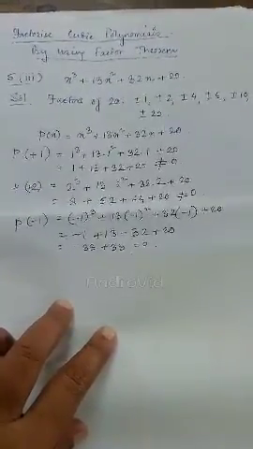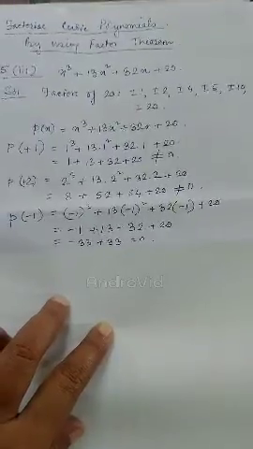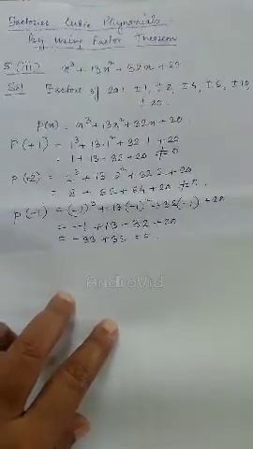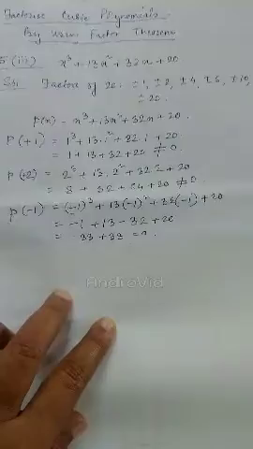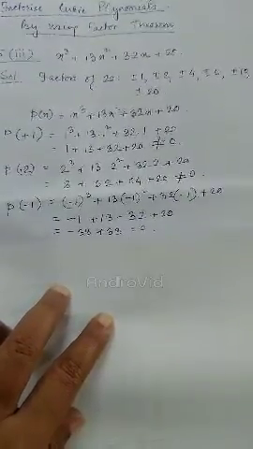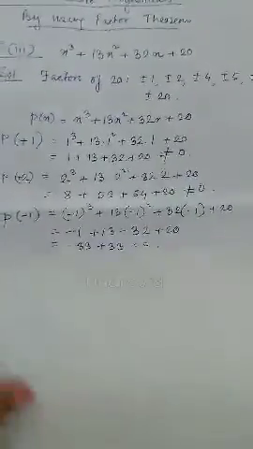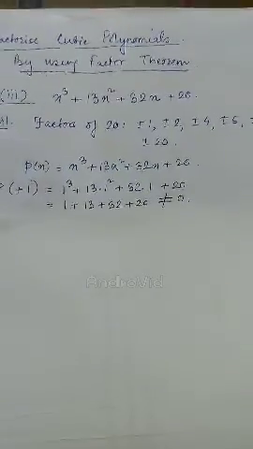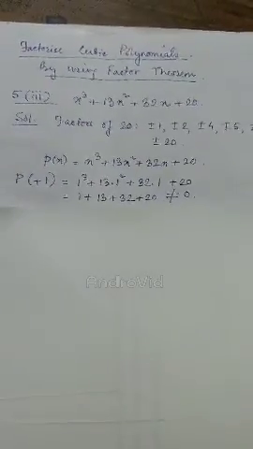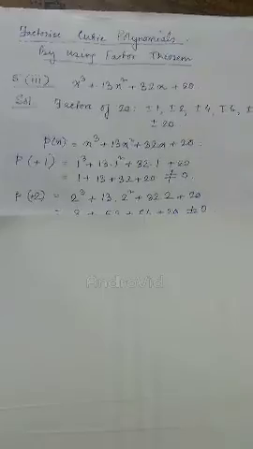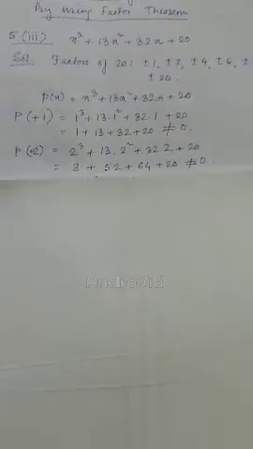First of all, I tried with P(1). We put x equal to 1, and you see the value. If you put x equal to 1, the value is not equal to 0. Similarly, again I tried with x equal to plus 2. Again I saw that it is not equal to 0. Then I tried with a negative value, minus 1. I put the value x equal to minus 1 in the polynomial, and I found that yes, the value is